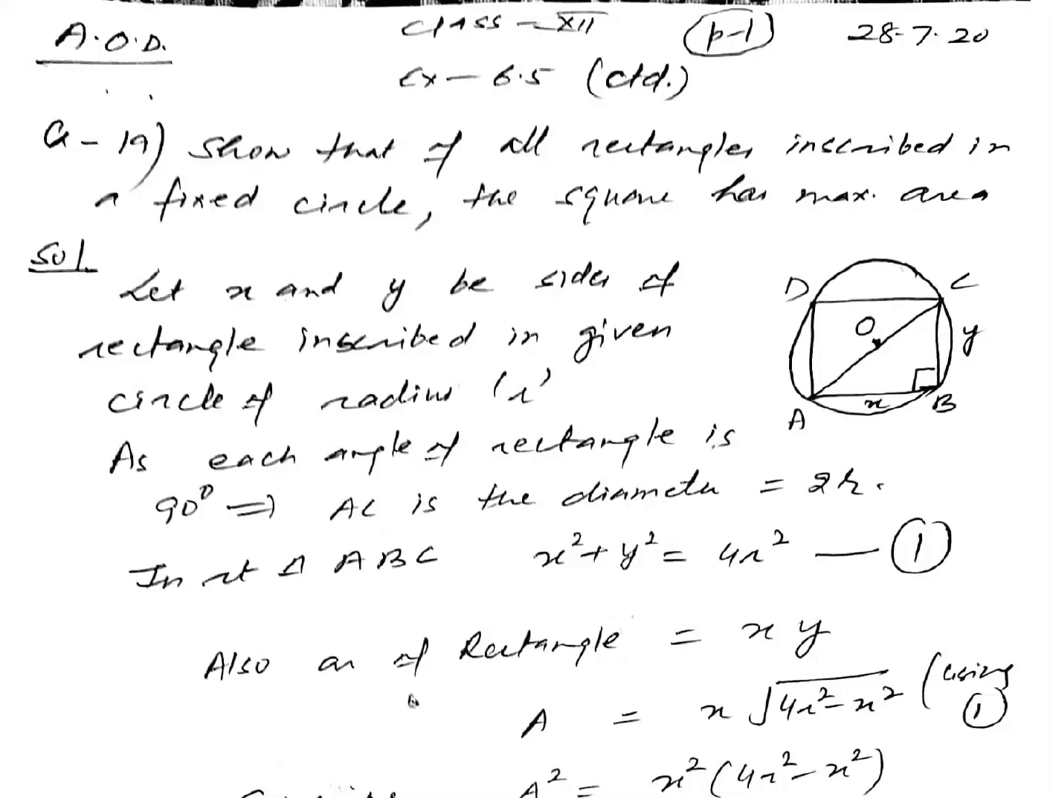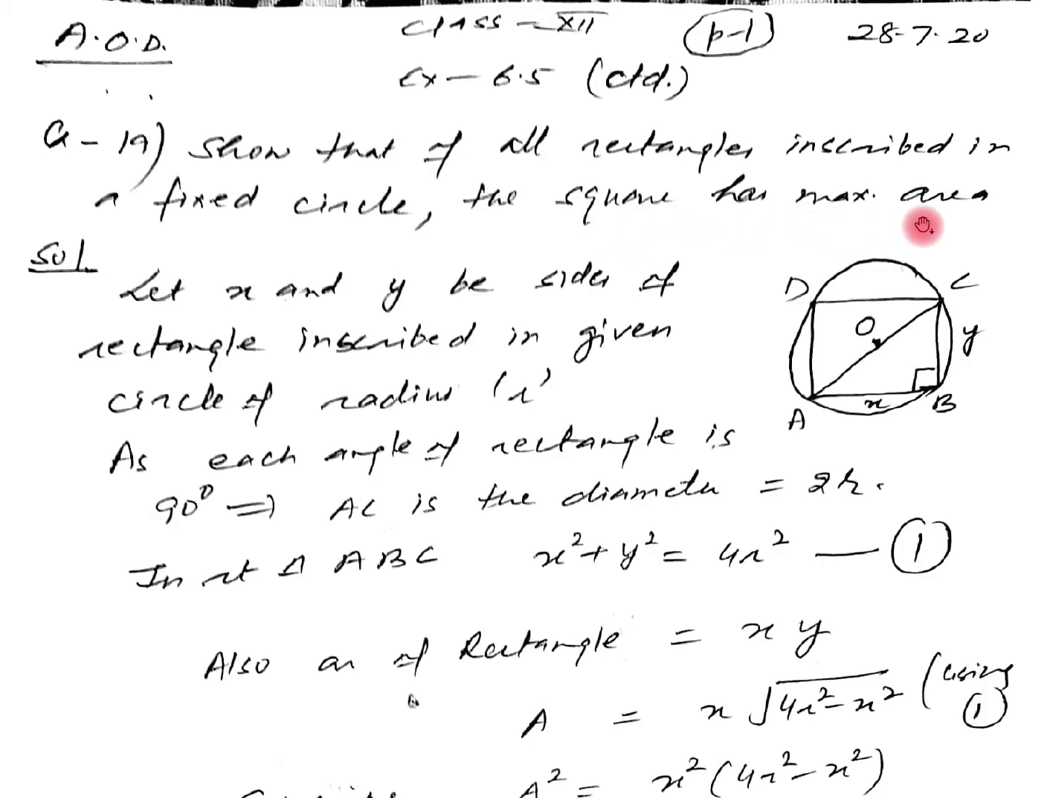Good afternoon, students. Let me explain some more questions from exercise 6.5, especially the word problems, because one question of 6 marks always comes in the final examination of this type. Now the question is: show that of all the rectangles inscribed in a fixed circle, the square has the